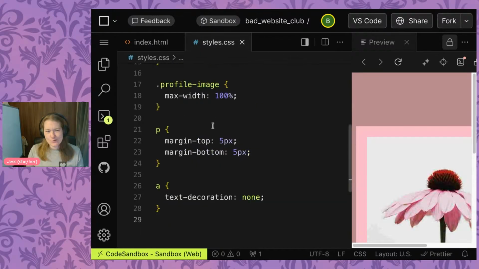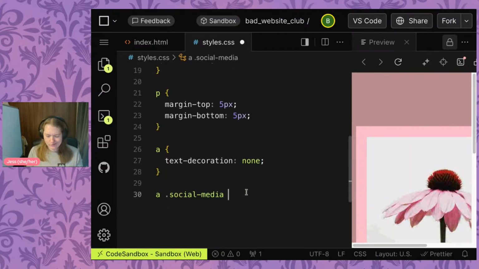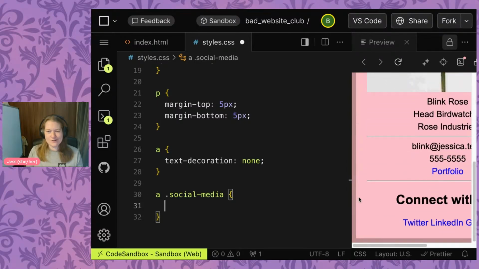So what I want to do is set some rules for this. I think this is probably the wrong way around, probably backwards. Let's try it first, and if it doesn't work, I think it's .social-media then a. Yeah, I think we want the anchor tags, which are the child of social media. Let's try it this way. If it doesn't work,